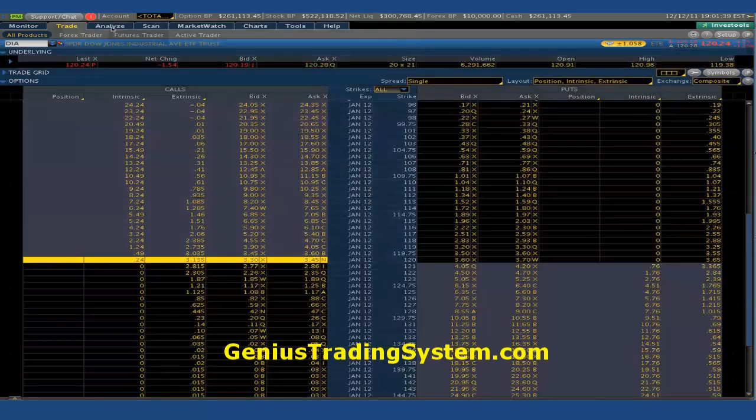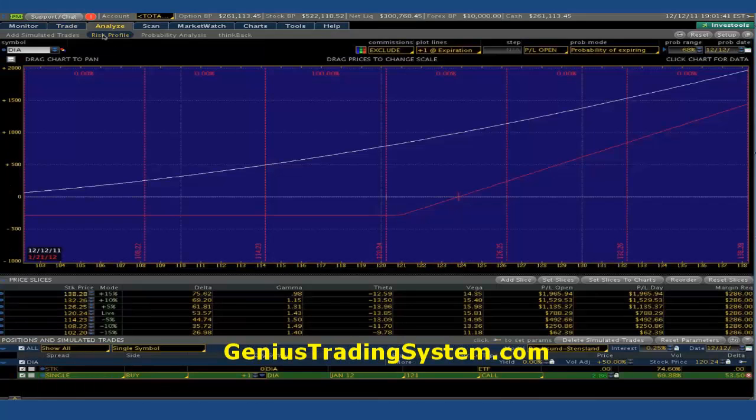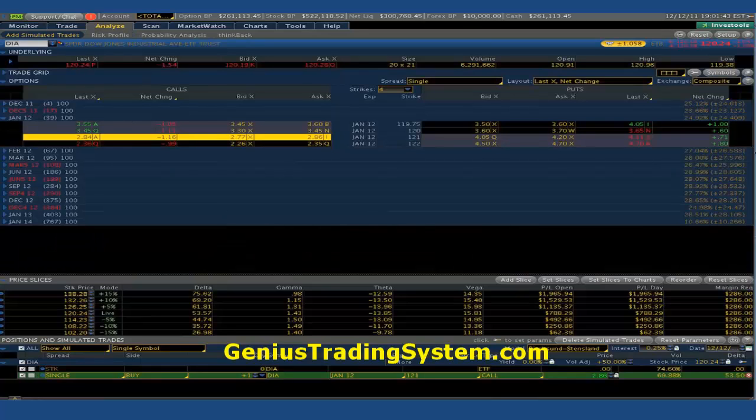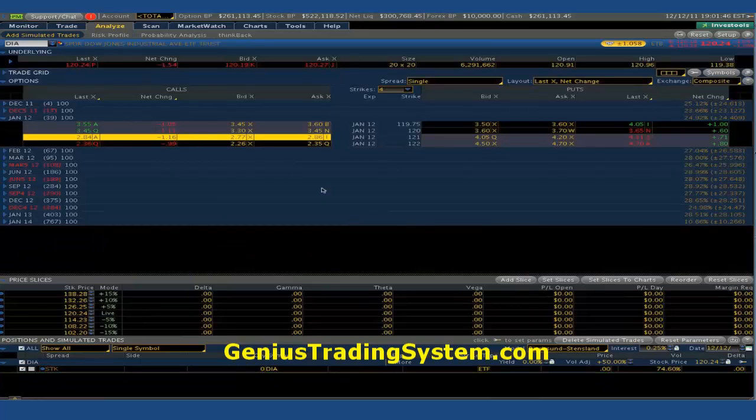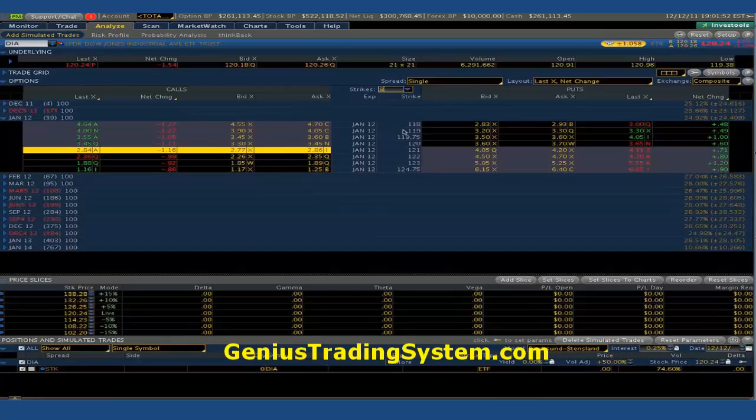And to show you exactly what that looks like on a chart, let's go back over to our Analyze tab again. We're going to X out this option. Let's expand the strikes a little bit and take a look at a few more strikes here. We're still in the Diamonds ETF, and we're looking at the 120